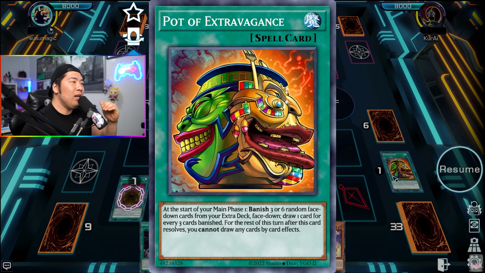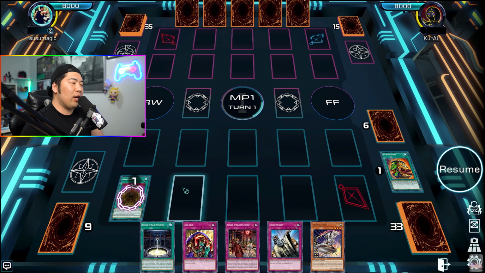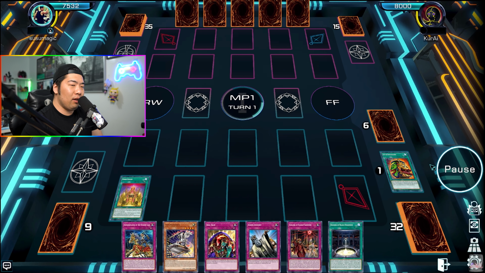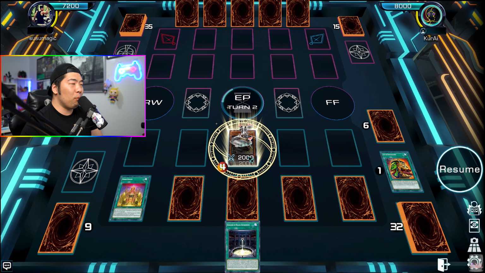So generally speaking, if you Ash Pot of Extravagance, instead of them playing with the 5-card opening hand, now they're only playing with 4. And if you know anything about trap decks, the less cards that you have to deal with, the easier it is for you to win, right? So they're going to go Cursed Elend, adding Conquistador, and they'll set 5